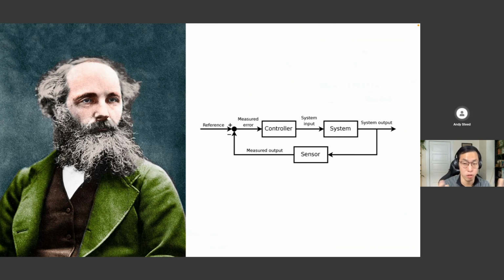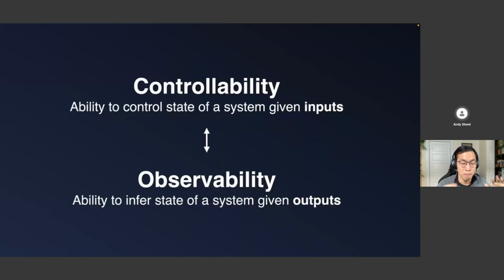That was called controllability, or it later became controllability. And the mathematical dual, the corresponding concept, is to say, how can I understand the state of a system given its outputs? So in the case of a centrifugal governor, it's saying, okay, given the rotational speed of the millstones, how can I understand the state of where the pendulum arms are? And those two concepts are the two pillars on top of which modern control theory is built,